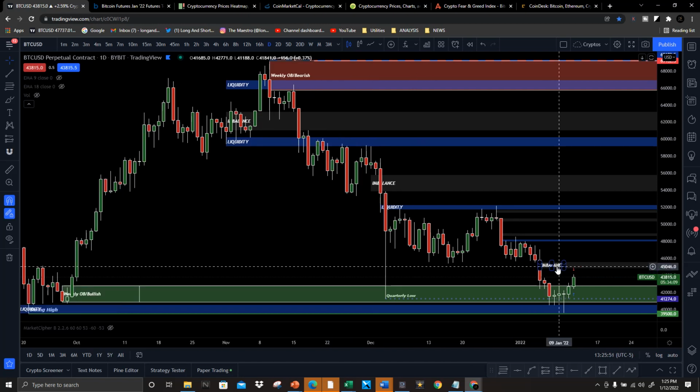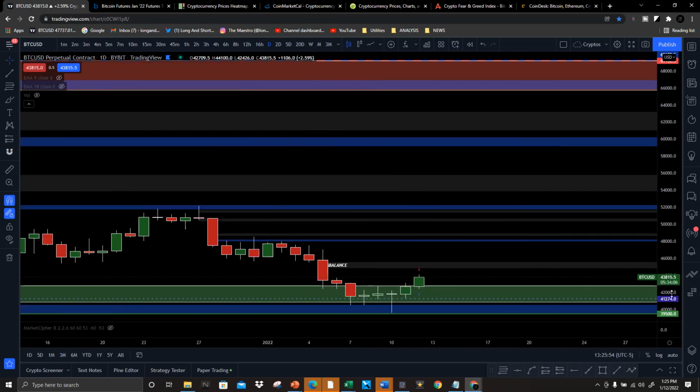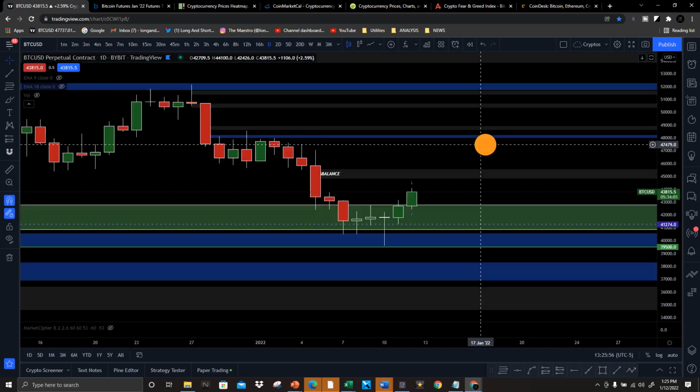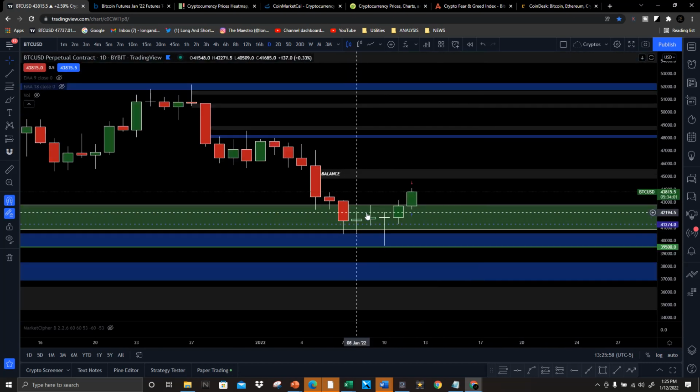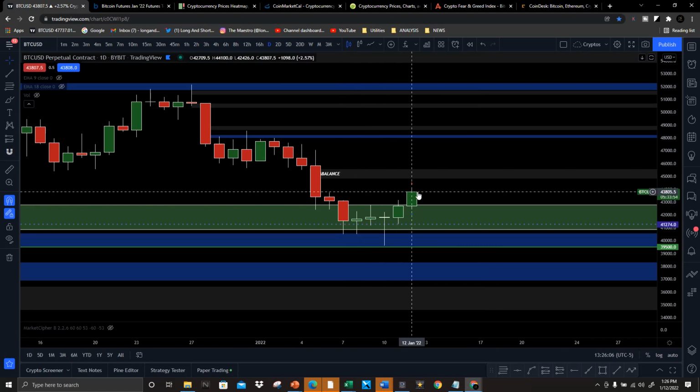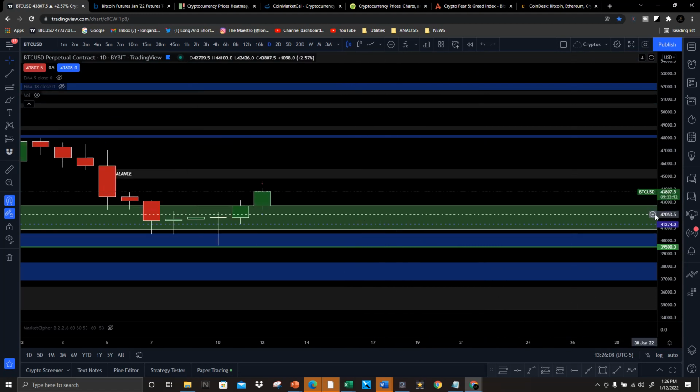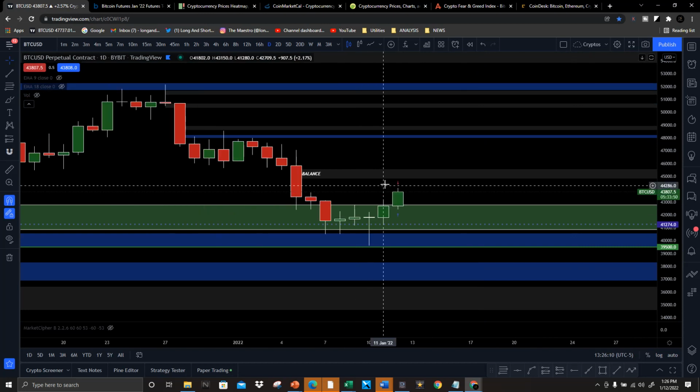Let's go ahead and jump right in. As we said a couple of days ago, Bitcoin was continuing to trade right within this range here. Very small levels of consolidation, trading within a range, up and down. Price did break out of this range, and it did break out aggressively. So let's take a deeper look at why this broke out, how it broke out, and what we're looking for moving forward.